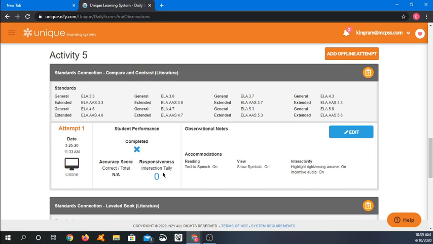The responsiveness is showing you how much they interacted with it. So even for a story, they may have 30 or 40 responses because that's how many times they clicked on the page, they clicked on the words to have it read to them. Maybe they just kept clicking and it read over and over and over again. So they give us the responsiveness tally, and that's really good information because we all know that for some of our kids, especially our level ones, the responsiveness and how much they actually interacted with the lesson in the curriculum